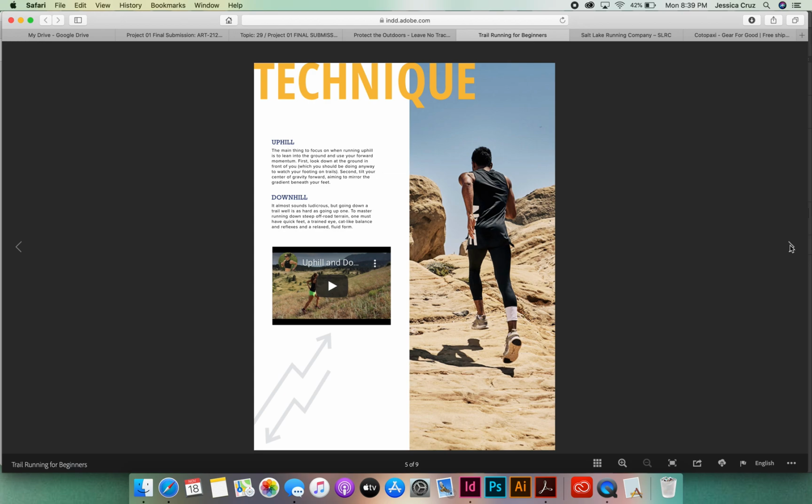My next slide talks about proper form and technique running uphill and downhill, and I included a video here that demonstrates proper form, which you can see